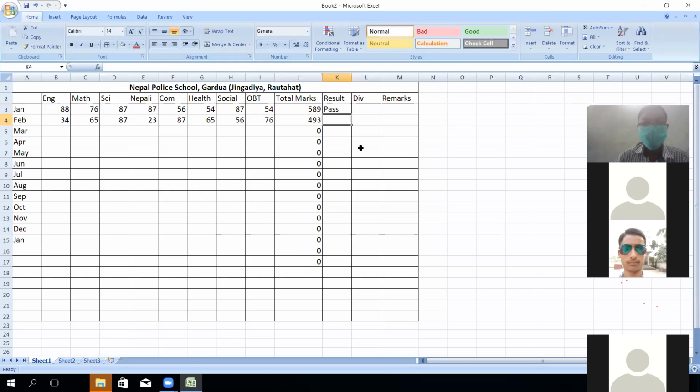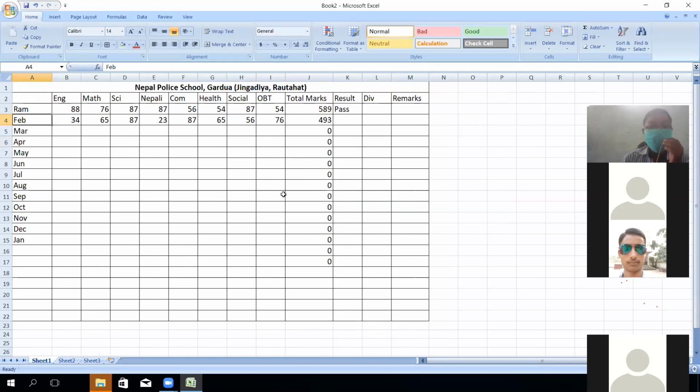Yes, the result is pass and the formula is here. This is known as the formula bar. The result is pass. For example, this student is Ram, who got a total of 589 marks, and the result is pass, and the next one is fail. Why is it fail?